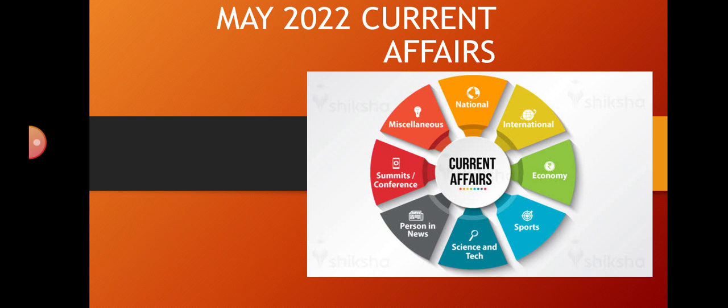The union list details the subjects on which parliament may make laws, while the state list details those under the purview of state legislature. The concurrent list has the subjects in which both the parliament and the state legislature have jurisdiction. However, the constitution provides federal supremacy to parliament on concurrent list items in case of a conflict.